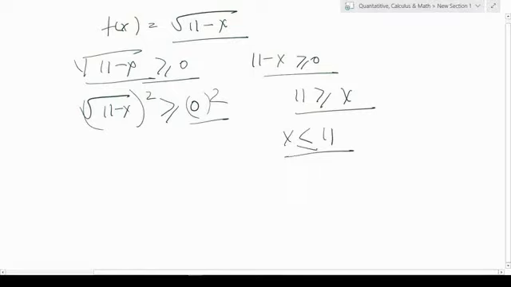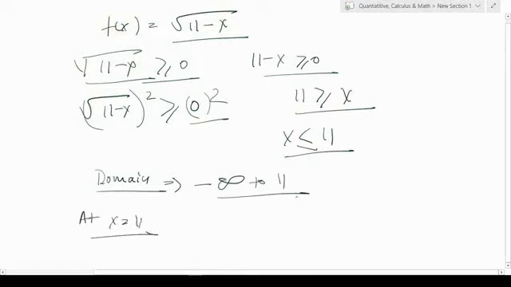So as long as x is less than or equal to 11, you have a positive value, which means the domain range could be, you could put x as 0, you could put x as minus 2. The reason is, any time you put x as minus 2, minus and minus becomes positive. So we'll look at this equation, but what from here we know is the domain set is from minus infinity to 11.